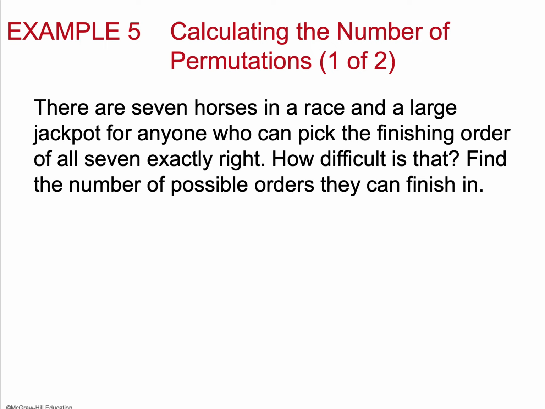So let's revisit another example. There are 7 horses in a race. If you win the race, you get a big jackpot. And so you have to pick the finishing order of all 7 horses, and then you're able to get a jackpot yourself. So if we think about how difficult it would be to actually guess all 7 places correctly, when I do that math and look at that, then I can see that